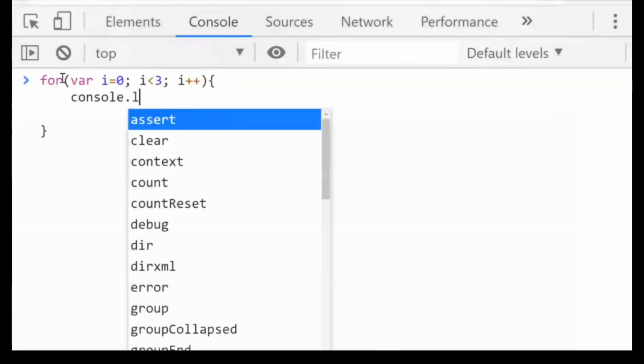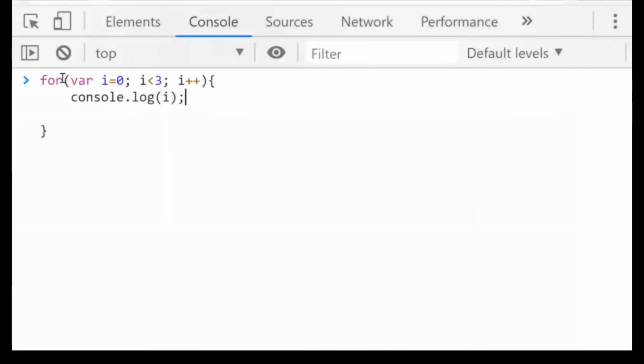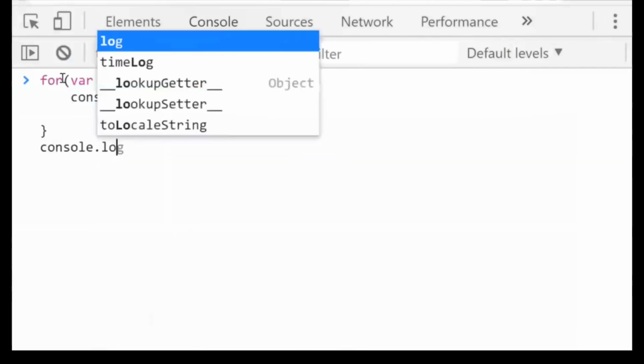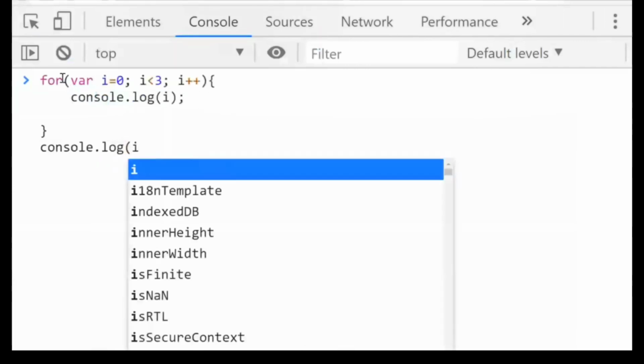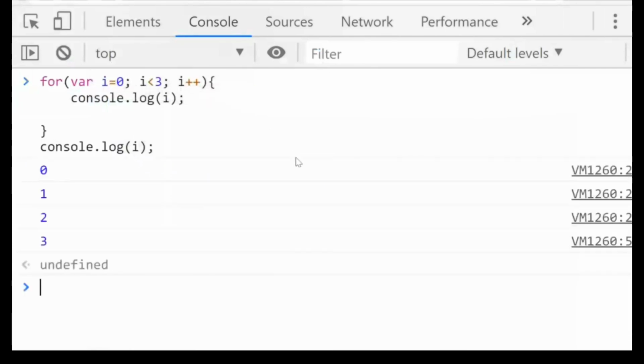We are trying to console log the value of i, and outside the for loop, we are trying to console log the value of i again. So let's see what we get. Here we are getting 0, 1 and 2 for the first console, and 3 for the second console.